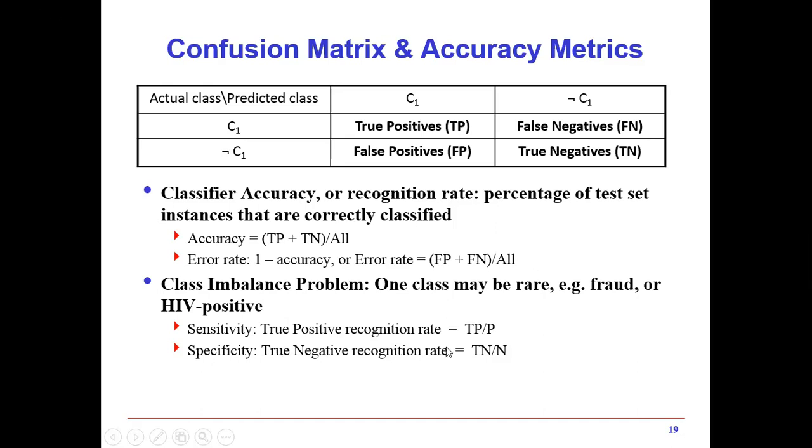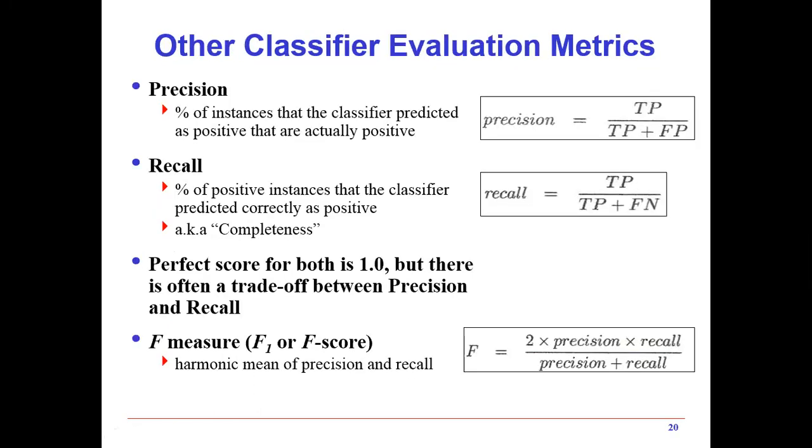So this is the accuracy and error rate of the classification. And we have other metrics also to evaluate the classification, that is precision and recall. Recall is the number of instances actually positive and precision relates to the number of instances predicted. So these are the formulas for precision and recall. And then we can calculate the F score by using the precision and recall values.